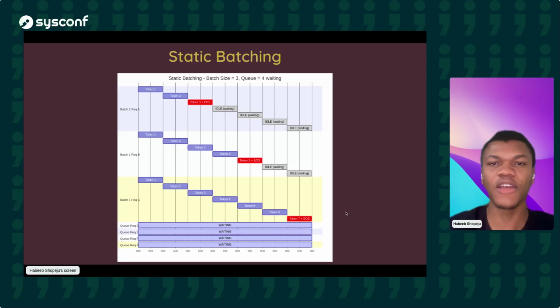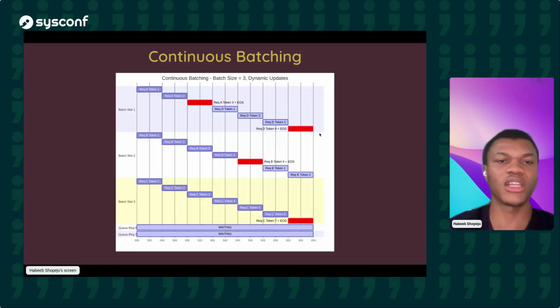But then if you have continuous batching, where the concept of batching is taken away from the request and you just have this level of abstraction where each request can simply come into space, and if the first batch is done, that request is freed up and something else can come in and keeps processing. So imagine you have something like this.